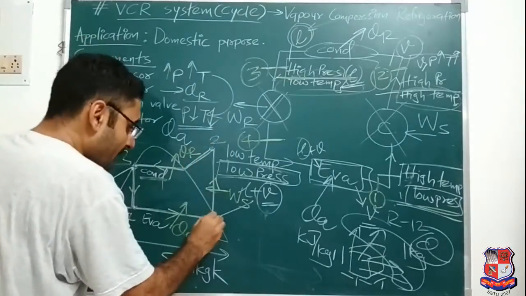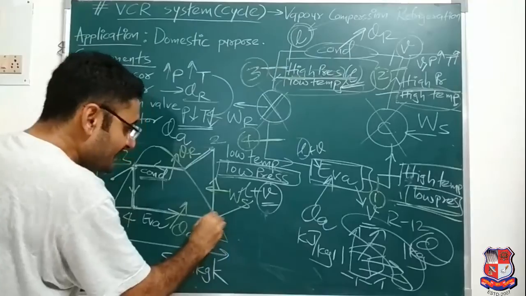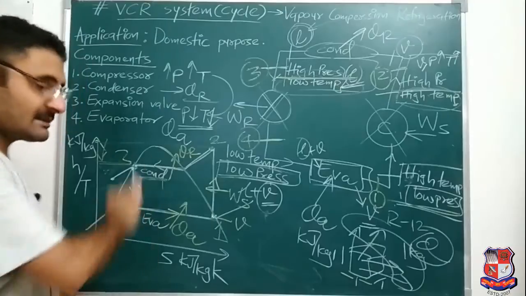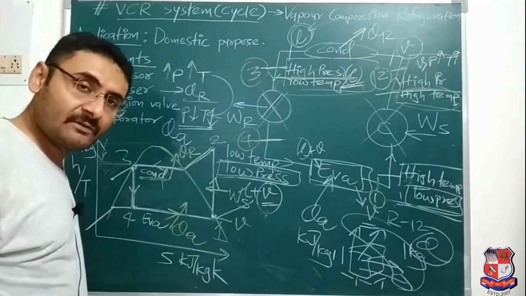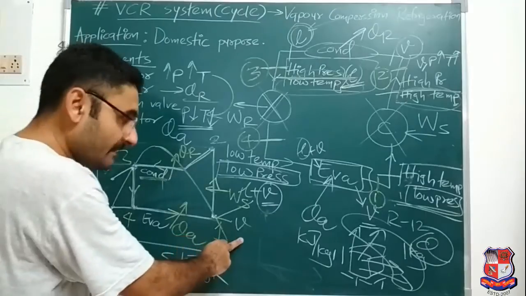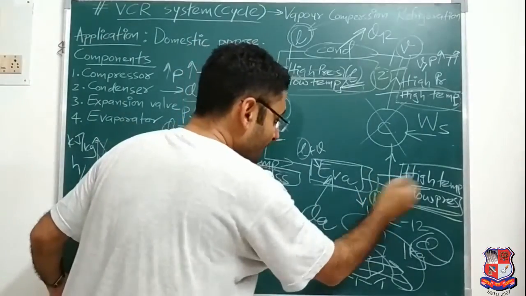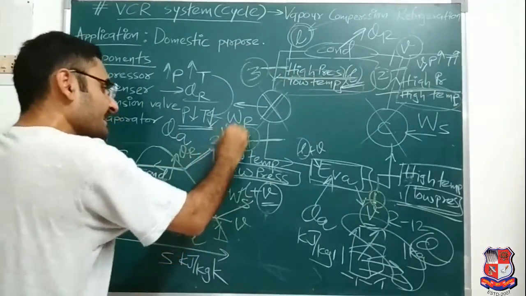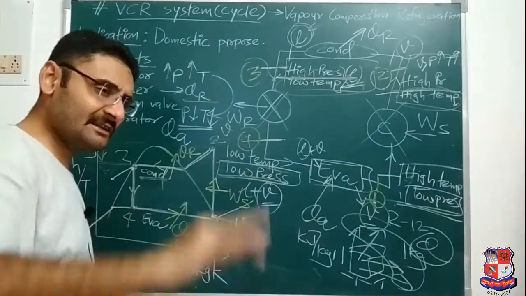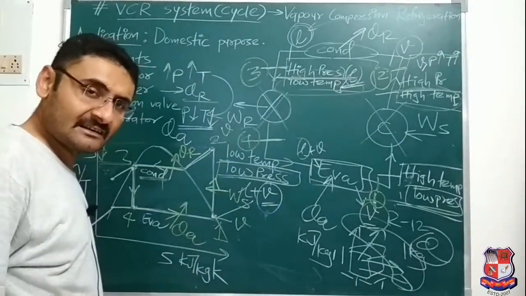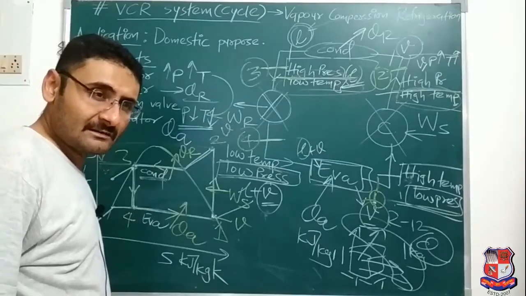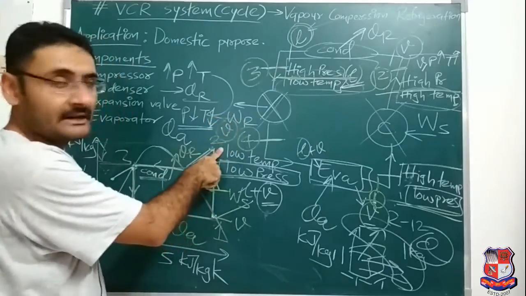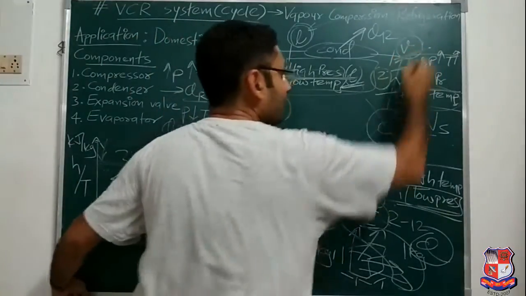Over here, point number 1 is present on the saturation curve, and that saturation curve has vapor particles. Later we will see why, in the chapter of properties of steam. So on point number 1, vapor particles are present. On point number 2, again it is present in the superheated region. Each and everything you will realize when I start the new chapter, properties of steam. In the superheated region also vapor particles are there, so at point number 2, again vapor particles are present.